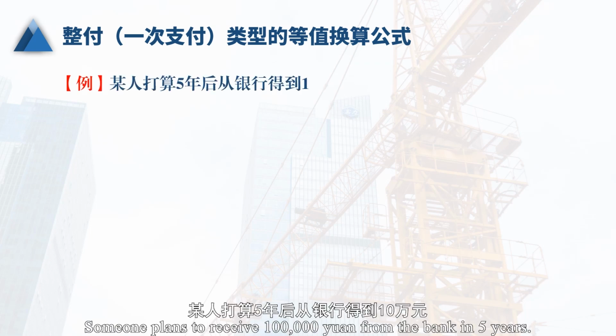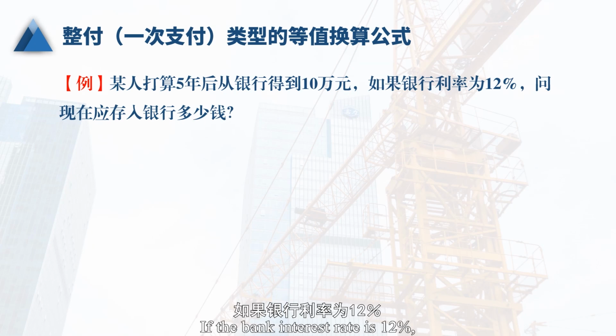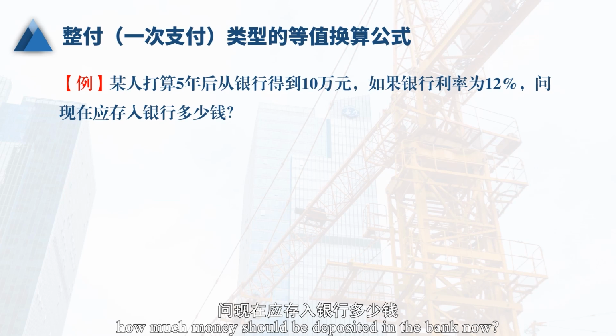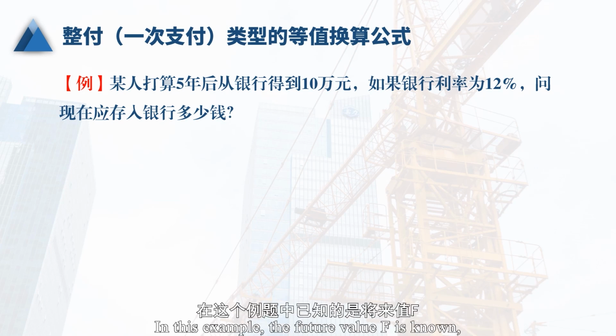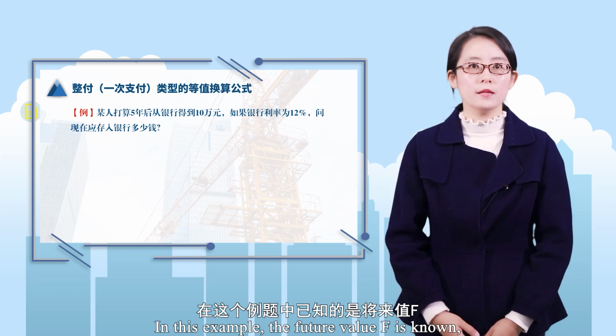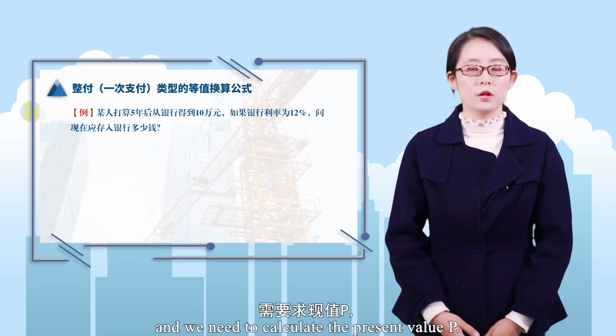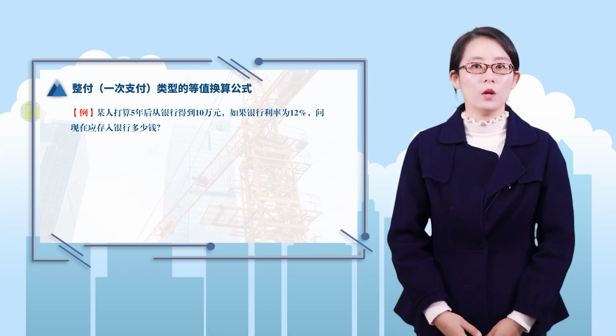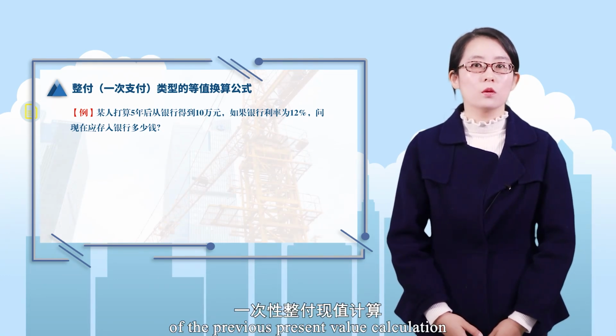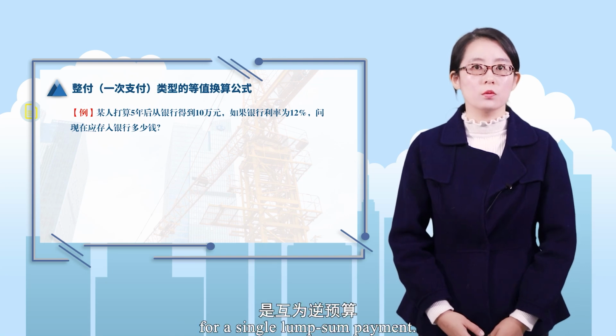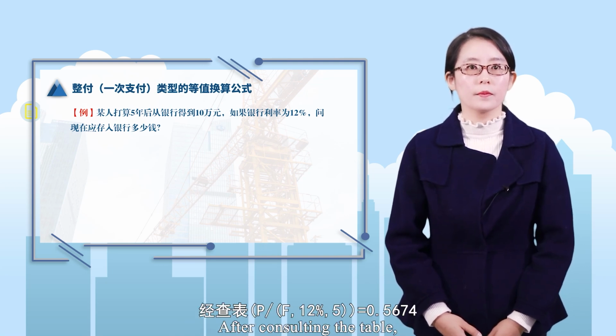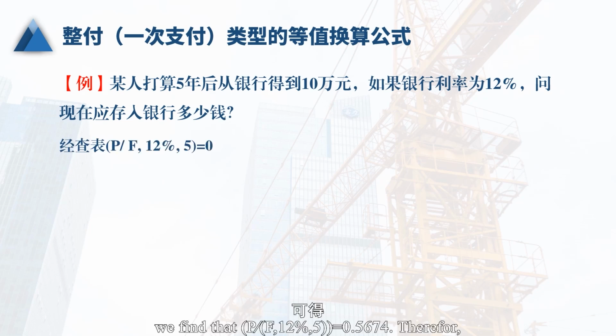Someone plans to receive 100,000 yuan from the bank in 5 years. If the bank interest rate is 12%, how much money should be deposited in the bank now? In this example, the future value F is known, and we need to calculate the present value P. This is the inverse of the previous calculation. For a single lump sum payment, after consulting the table, we find that (P/F, 12%, 5) equals